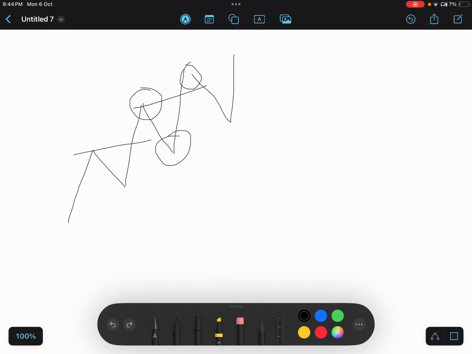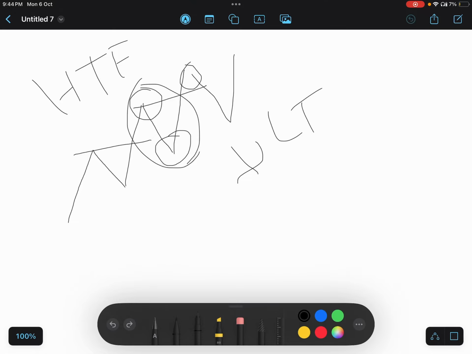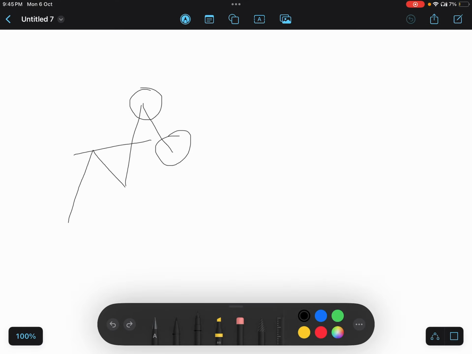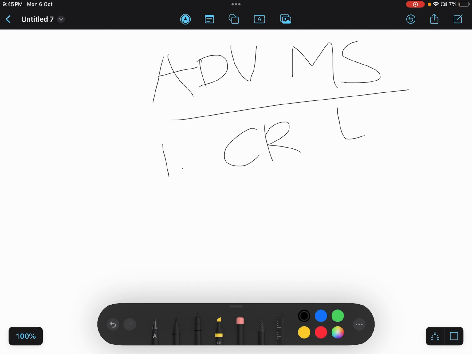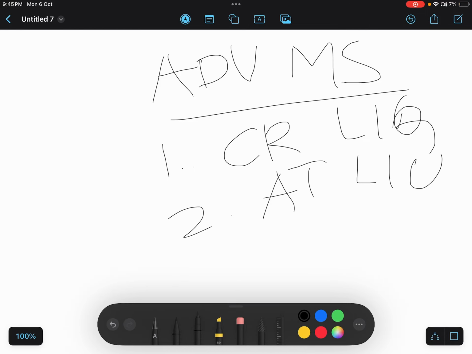This is the higher time frame, and in the higher time frame it will give you a reversal. In the lower time frame, you know what the reversal does: it creates liquidity and attacks the liquidity. So this is the concept of the advanced market structure. Advanced market structure creates liquidity and attacks the liquidity.